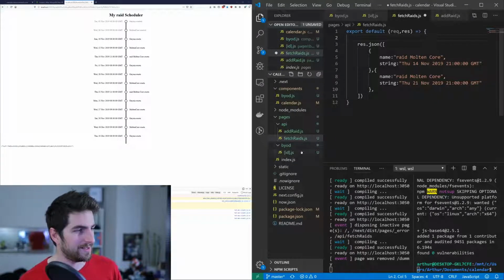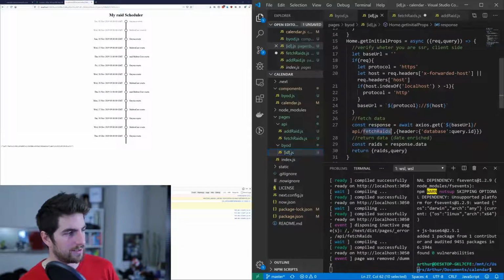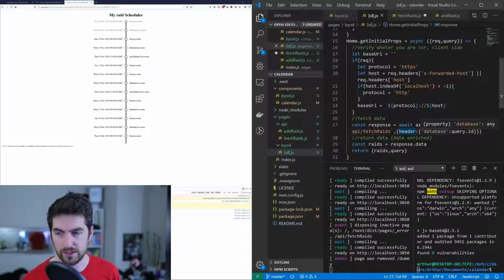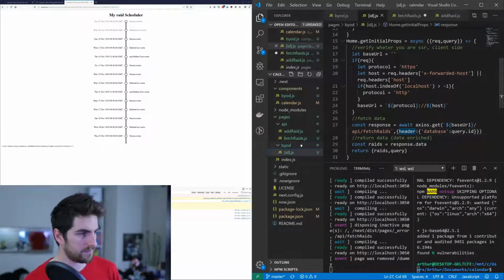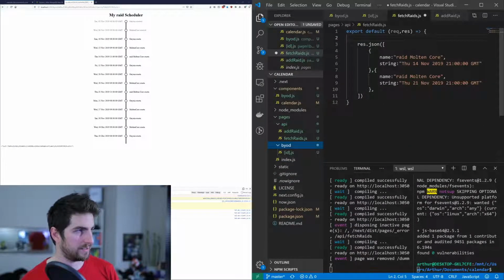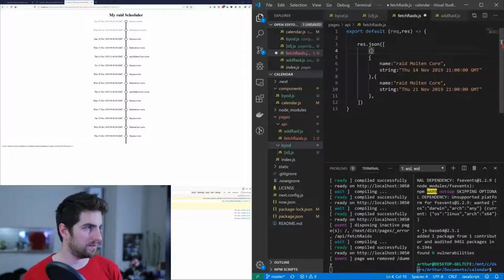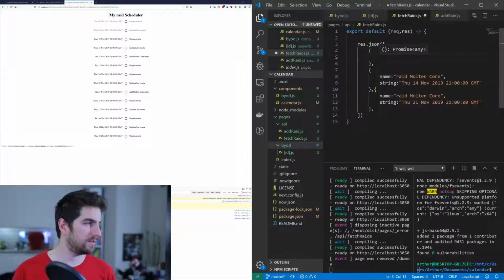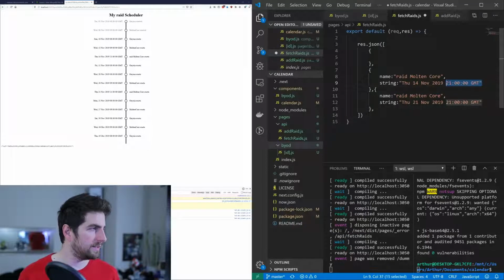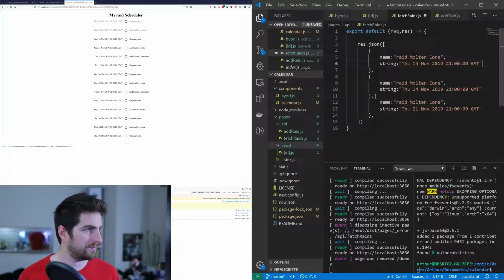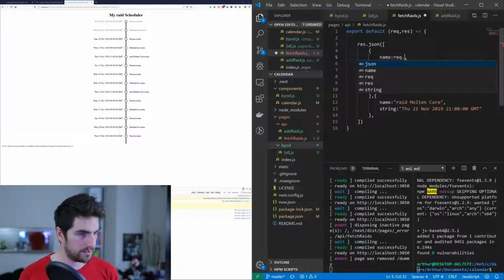So you get to this page, you ask for raids, and you get the header with the string to connect to the database. So here we're going to send a new object because it's going to be very convenient for us to search. And let's say it's going to be just the same, except name is going to be rec